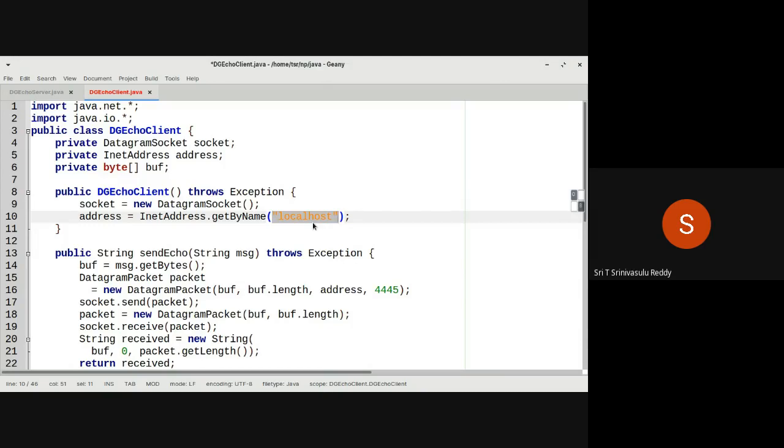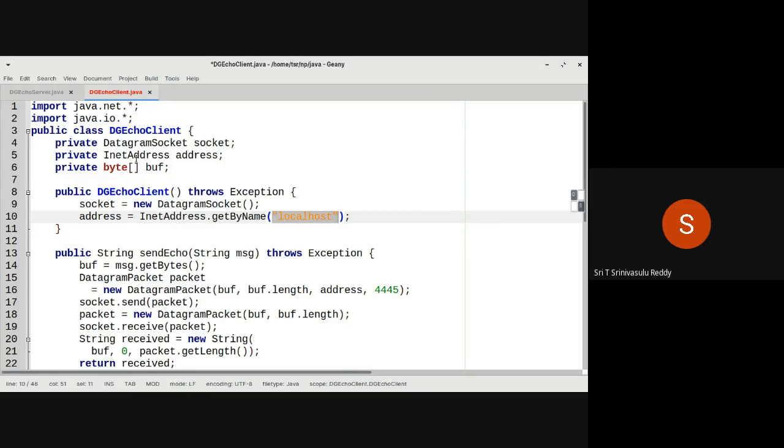But if you want to send something to Google, you can specify google.com. Any domain name or IP address can be given in dotted decimal notation. That will convert it into an InetAddress format, so it can be used while creating the packet.